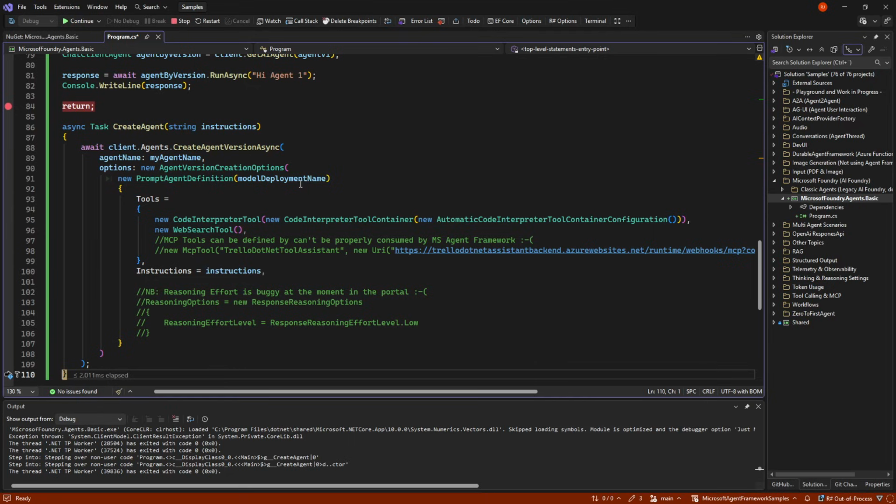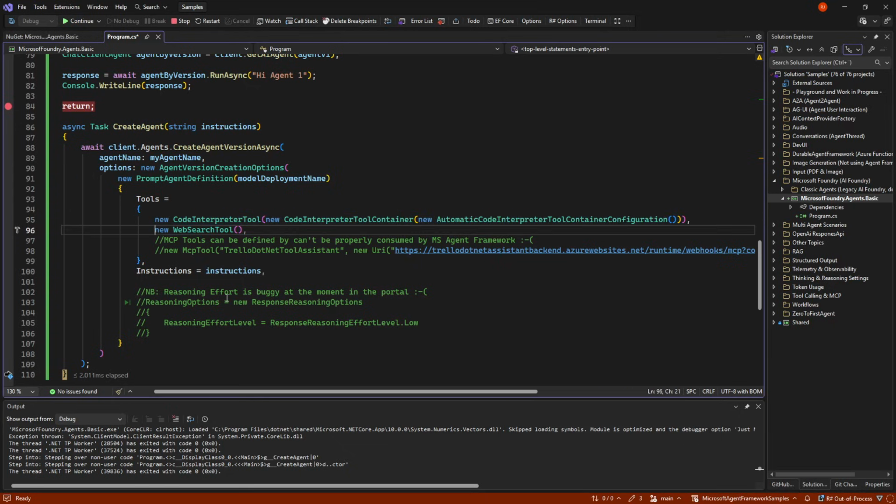We can give tools in here. So we give tools, for example, and if we want to make a code interpreter tool, like OpenAI have it, we can do that. We need to tell what container that should be in, and we can make it create an automatic container, so we don't need to do anything. This is a little more cumbersome than the old Azure AI Foundry, where we just told it code interpreter tools, but it's because it can also hook up to existing containers, so it doesn't need to spin them up. In our case, we just do that.